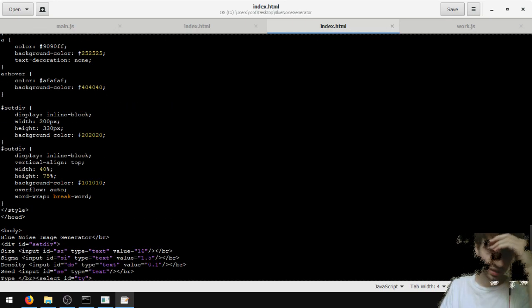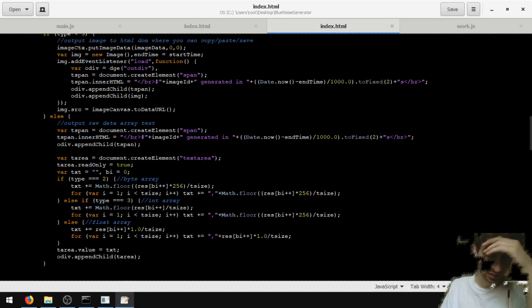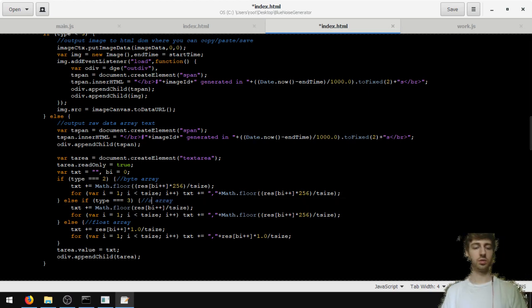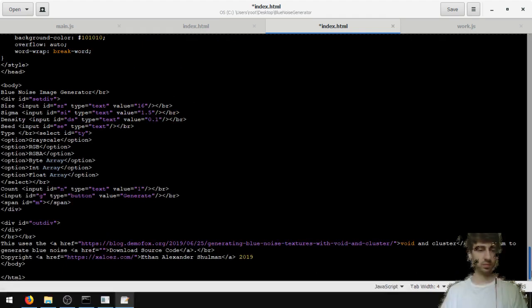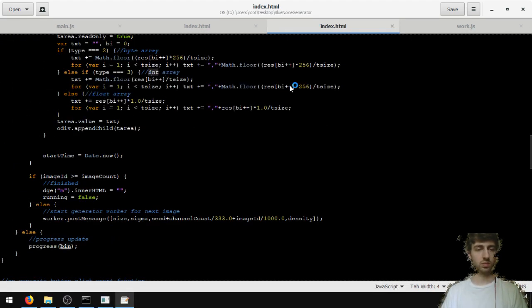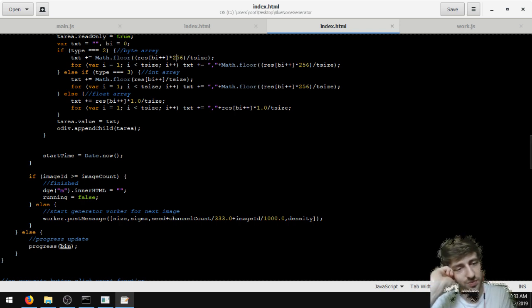So if I scale it up too high though, maybe I should do short array. No, can't settle short. Alright, so how would this work? Byte you do times 256 because you don't need to worry about precision. So if the integer size